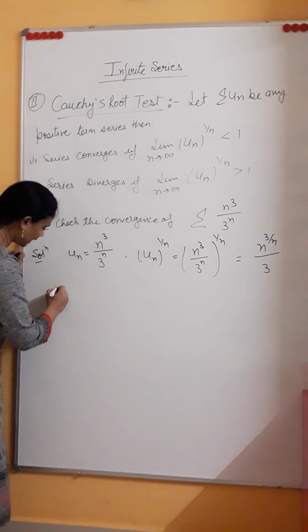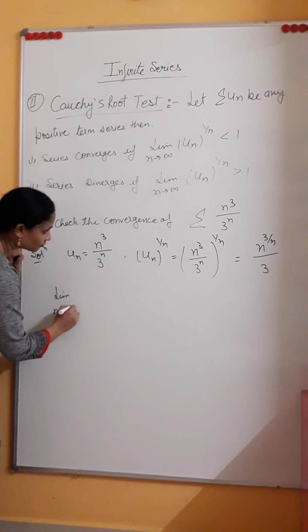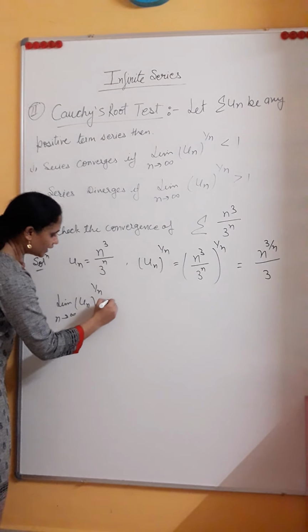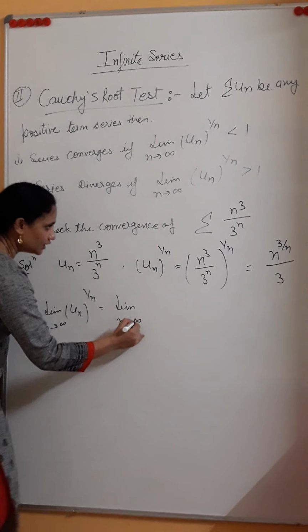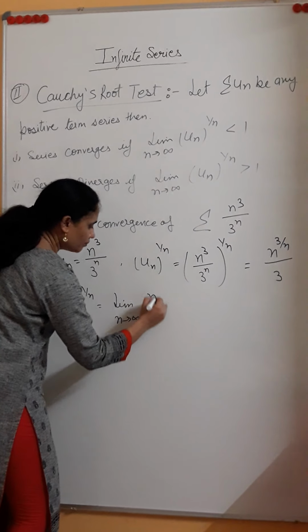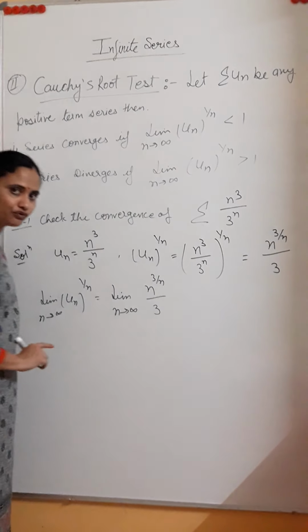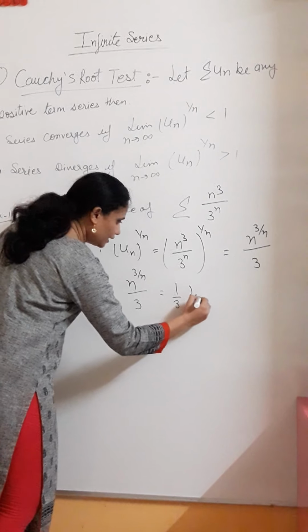Now we have to apply the limit. Limit n tends to infinity un power 1 by n is equal to limit n tends to infinity n power 3 by n divided by 3, and 3 is free from n, so I can write it as 1 by 3 times the limit